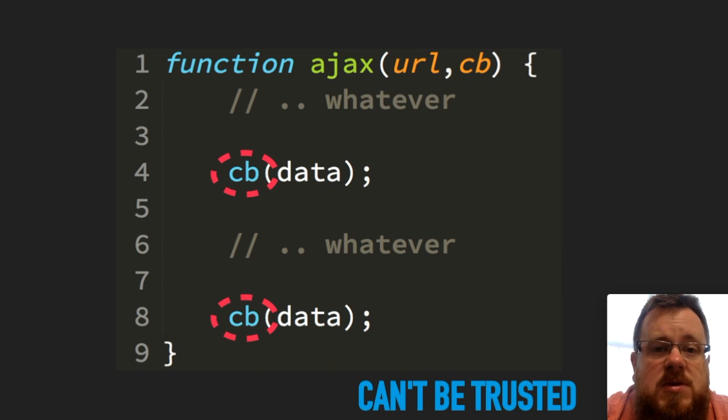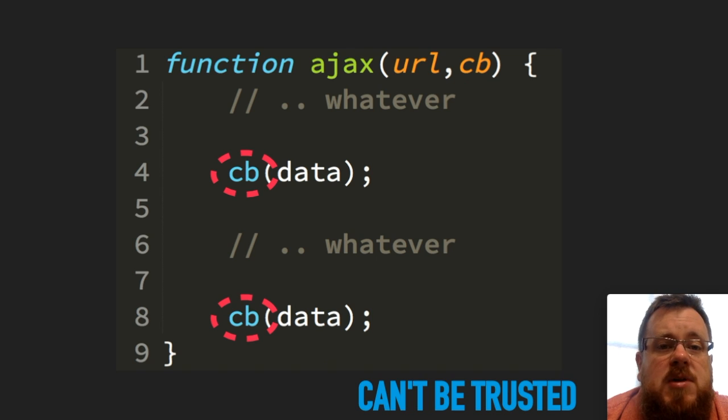When we wrap a piece of our code up in a callback and we hand it over to some utility like this AJAX utility, we have inverted control. On line 1 in the previous slide, we had control over the AJAX call, but on line 2, when the AJAX call is being passed in as a response to the first AJAX call, we don't control that second call. It's the AJAX utility that calls it. So we have inverted that control. So that's one of the things I mean: these really are not trustable, in the sense that there's no verification that a callback will behave according to that unwritten, unspoken contract.